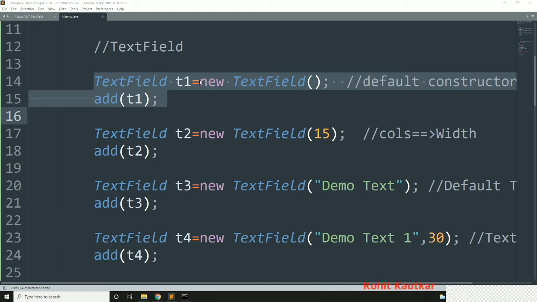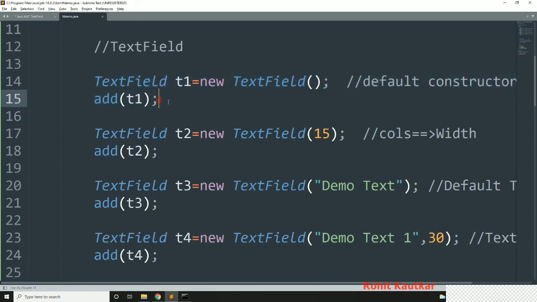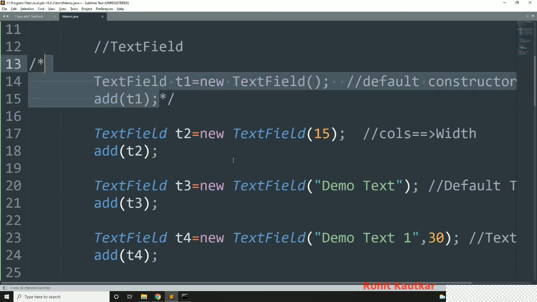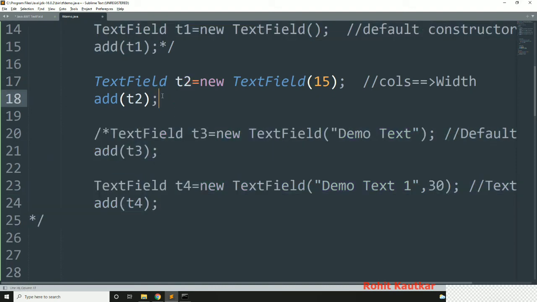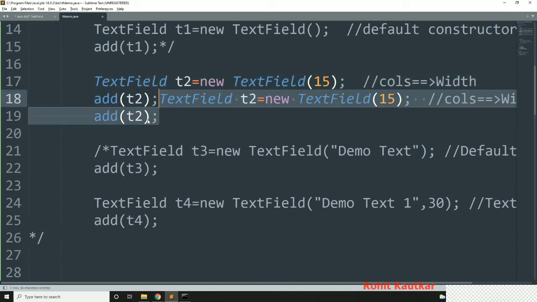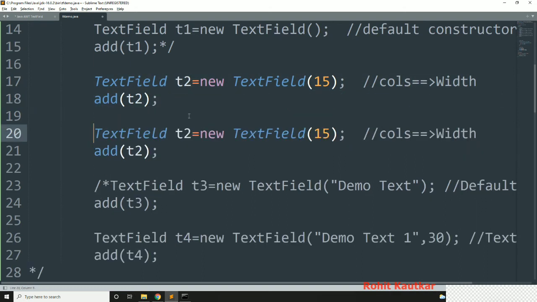So what we will do, I will remove this now, or in a better way I will comment this. Then I will comment this as well. And I will duplicate this like this. So let's say it will be T5, this will be T6. Next I will take one label over here.